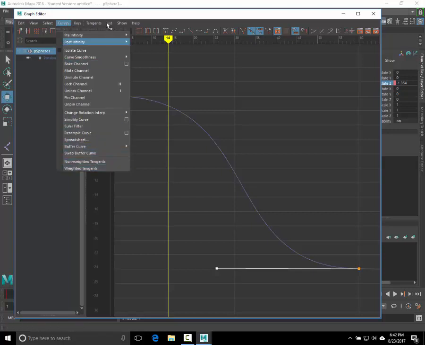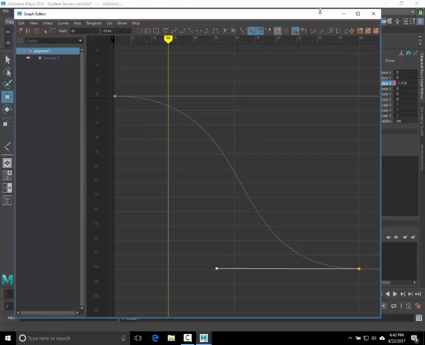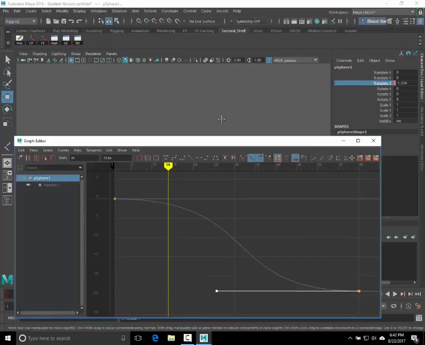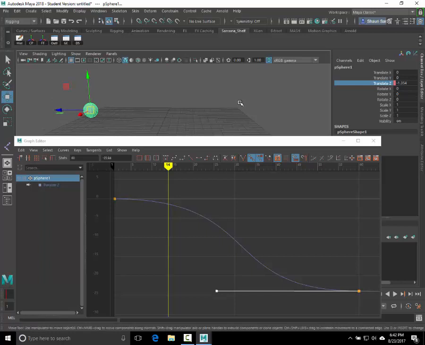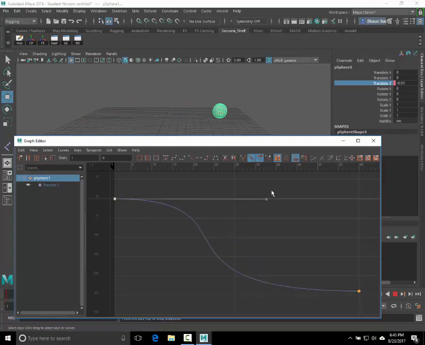Curves, weighted tangents, and then tangents, free tangent weight. So make yours extreme. Alright, so you can see how extreme mine is. We have 60 frames, okay? So there's only so far we can actually push this before it just doesn't work, right? So if I push this even further this way, and I grab this one, and I push it even further that way,